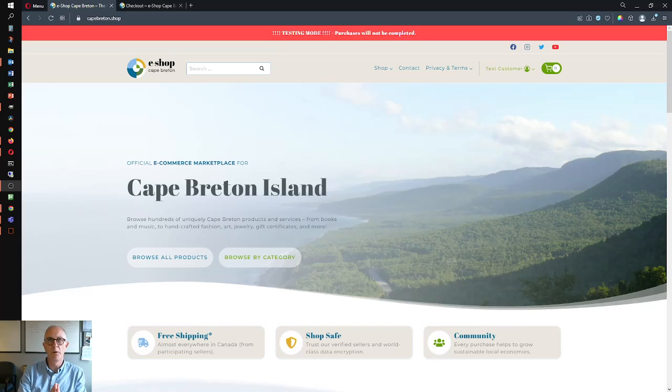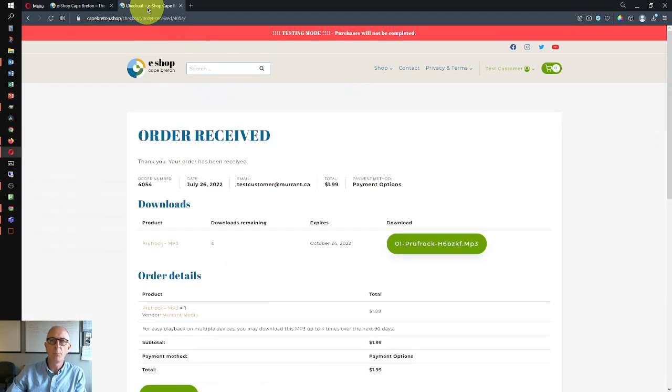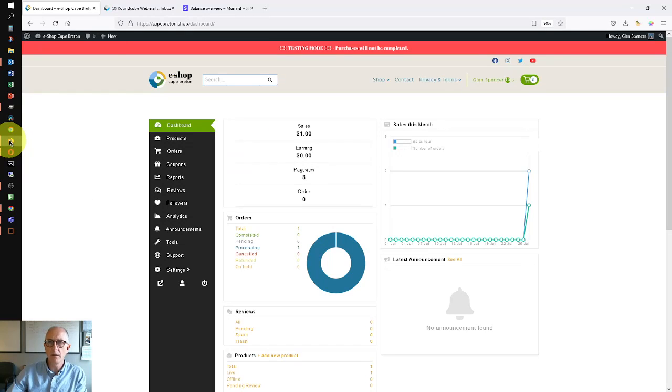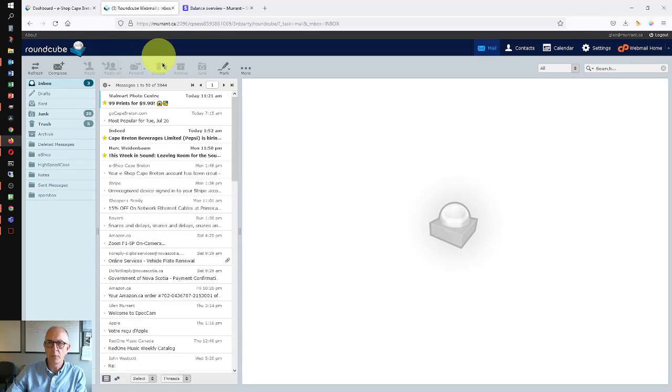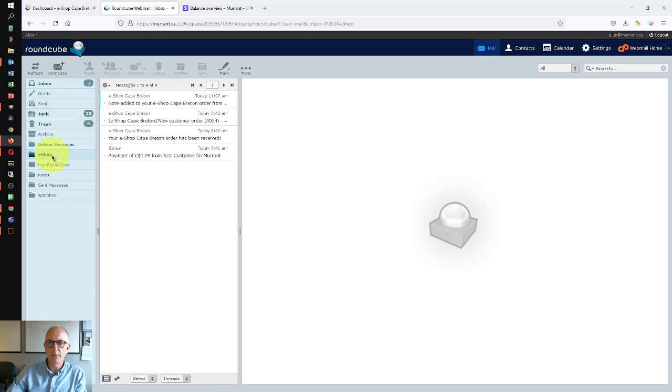First of all, from the customer's perspective. So the customer arrives at Breton.shop and they purchase a product. And when the payment transaction is done in the checkout, once their credit card is validated and everything looks good, they will be presented with this order received page. So they will see that everything has been successful. And in their email, they will also get a notification